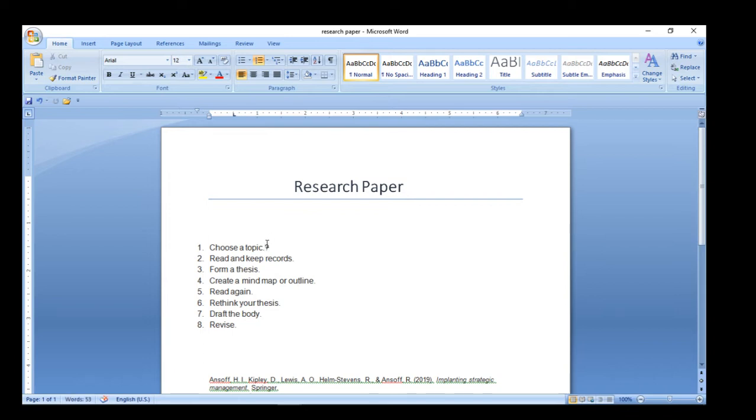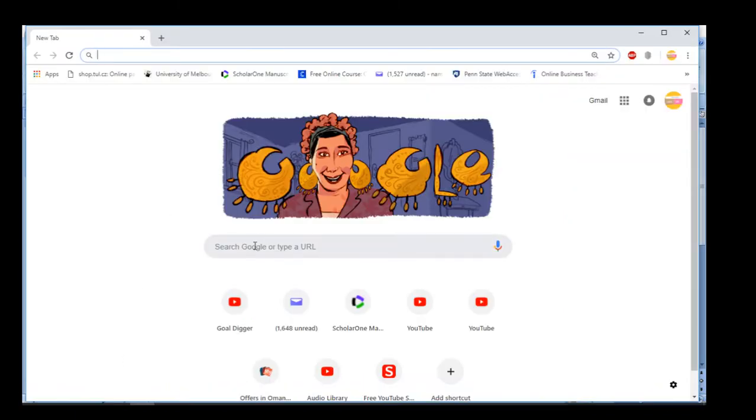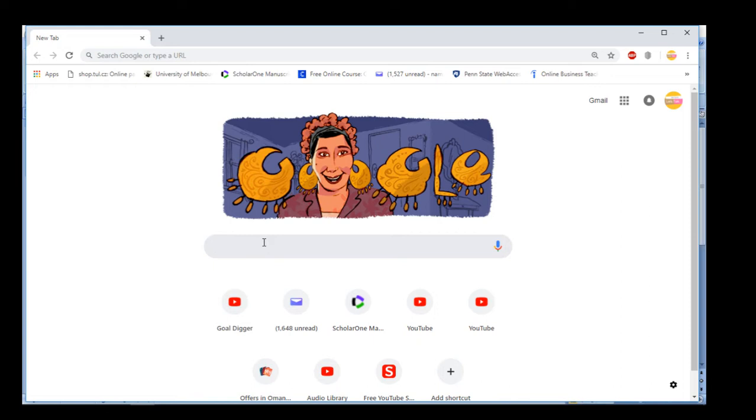You can't discover the things which are already discovered. Like you can't research about malaria because it is already discovered. What you can do is add something new to this, like introduce some new technology by which you can help the patients of malaria. So what we have to do is see the work already done on the topics, and then move on to select our own topic, something new, something novel, which is needed by the world. So let's begin.